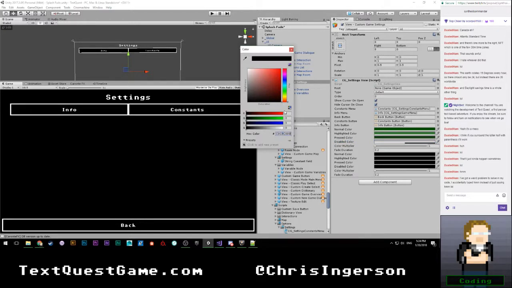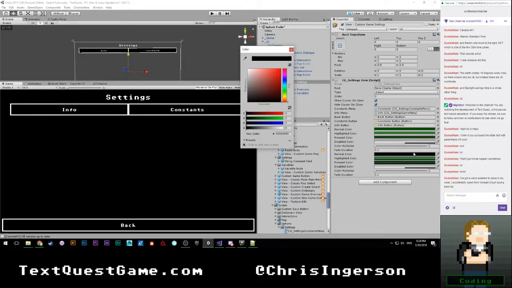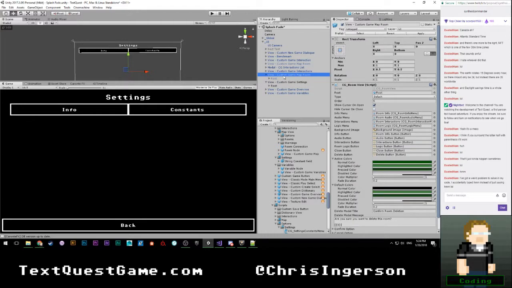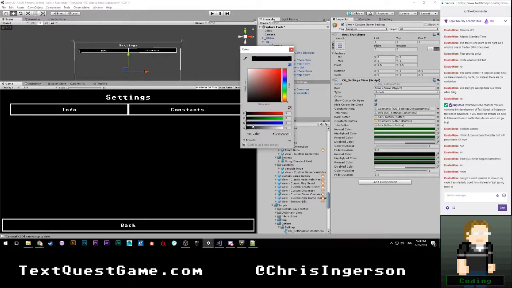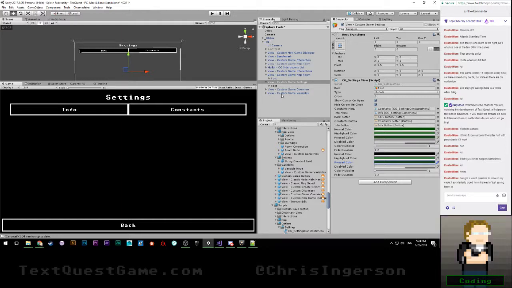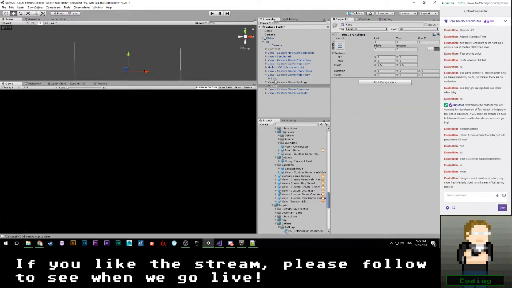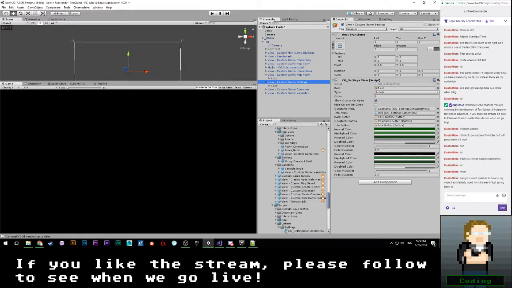Let's go ahead and change this. Paste that in there. Let's go ahead and copy all of this. And that is supposed to just be full alpha all across the board. All right, so yeah, that should work. Order, I guess, should probably be something semi-competent, so 6. Okay, we're not going to hide cursor on close. We will show cursor on open. Let's go ahead and minimize that, and now we can make this a prefab.